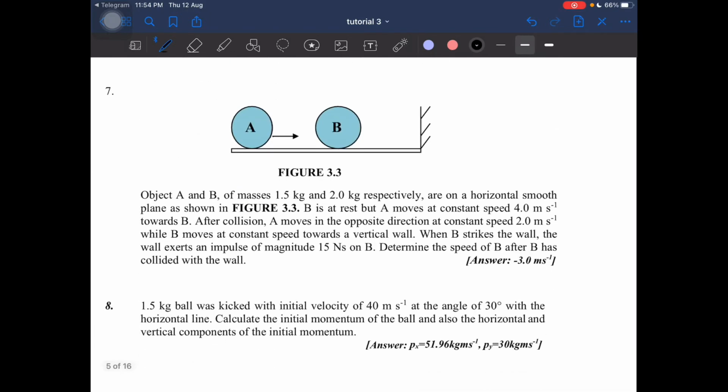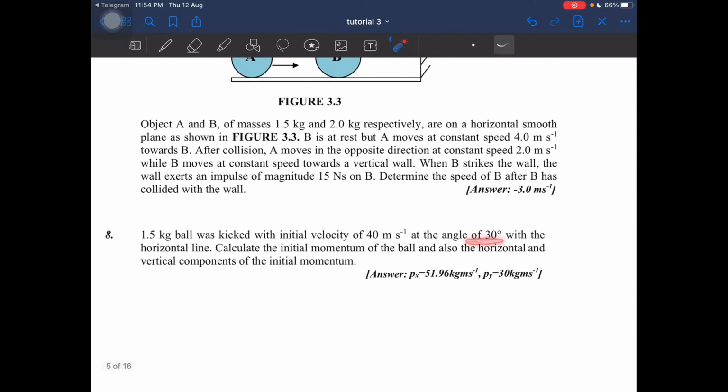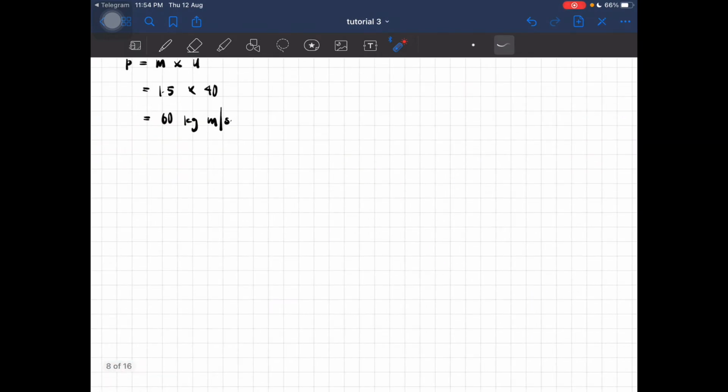Okay, so the ball is kicked at an angle. So when it is at an angle, we know that we would have the x and y component. So let's look at the y component. We have to find both the horizontal and vertical component, right? So let's do the horizontal component first. So x component